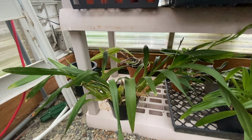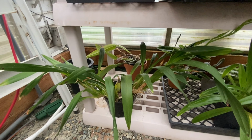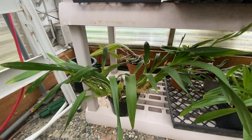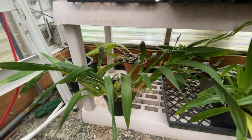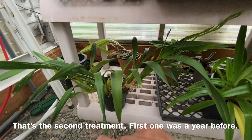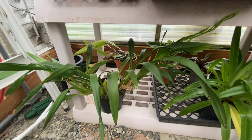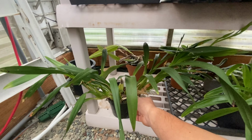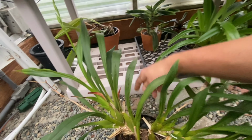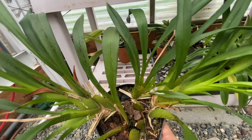So it had fusarium a long time ago, and I watched Roger's Miltonia Sunset fusarium video, and I did exactly what it says on the video, and then repotted. That was November 19th, and that's the last time I repotted it, and ever since then it's actually doing really well, and I have a strong belief that it's fully recovered from fusarium, and we're going to see this. I'm going to repot this,